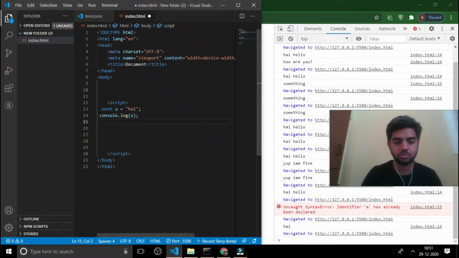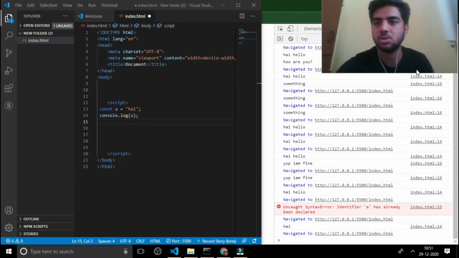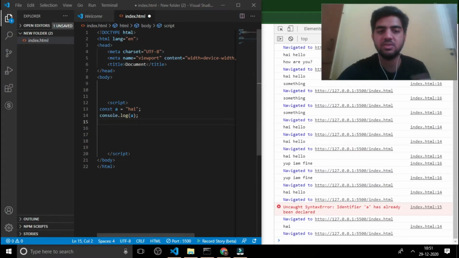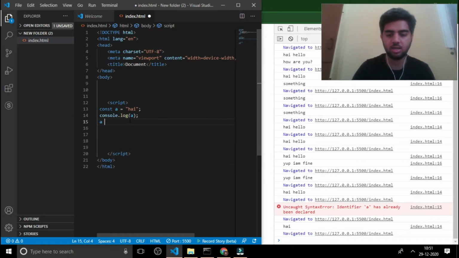Now I'll just drag here so that everything in the console looks visible. I'll reassign some other value, "hi hello", and console.log a.